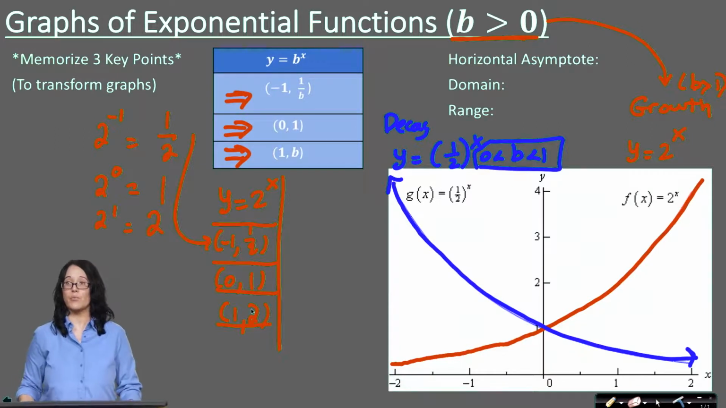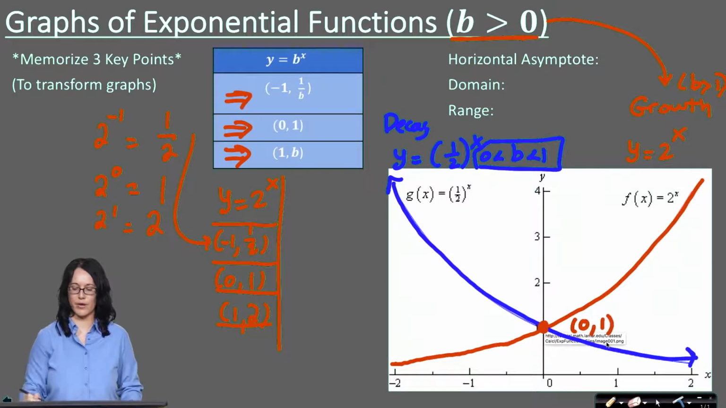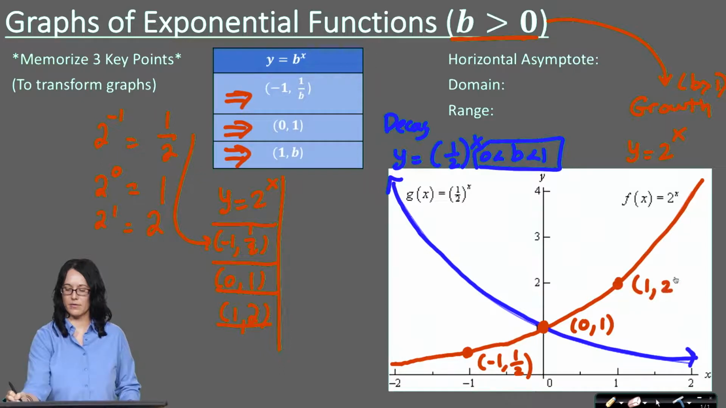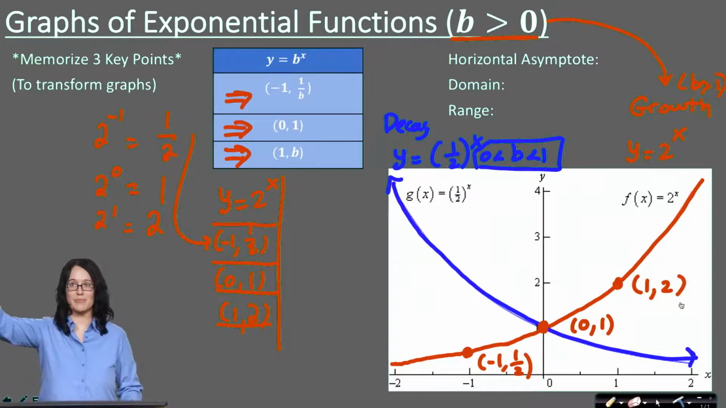So now I can see which 3 points on my graph I could immediately plot. 0, 1 would be that point there. So that's my point (0, 1). (-1, 1/2) would be around here, -1, comma, half. And (1, 2) would be around here. So those would be 3 very easy points that I could then draw my exponential curve, or I guess in